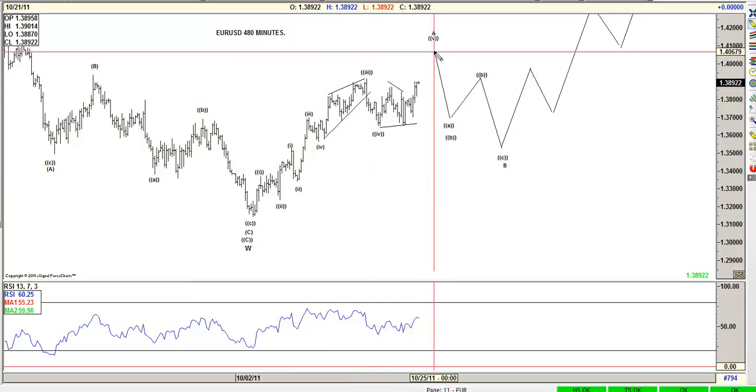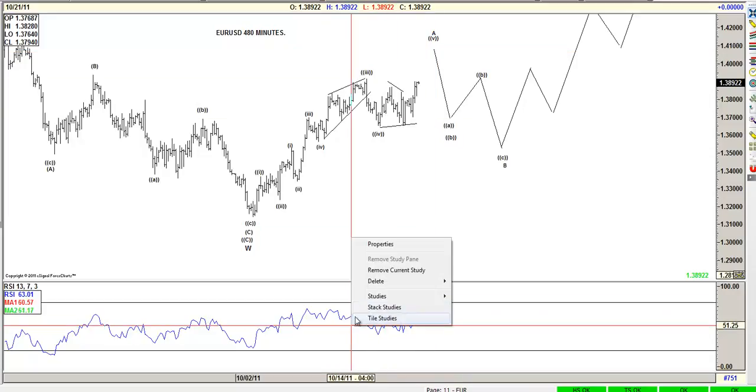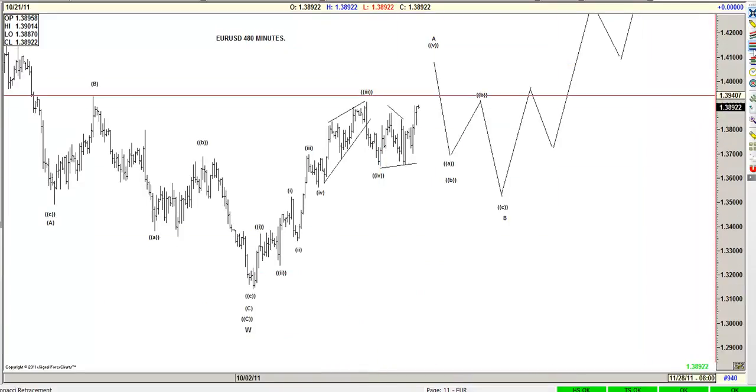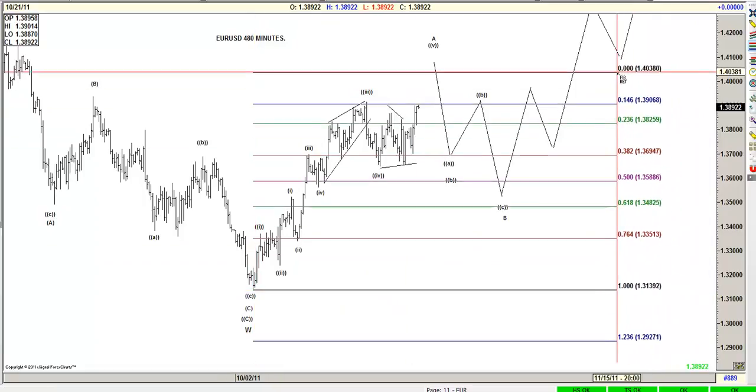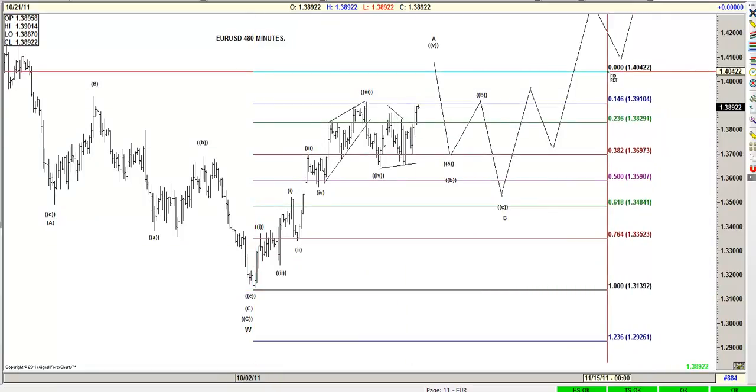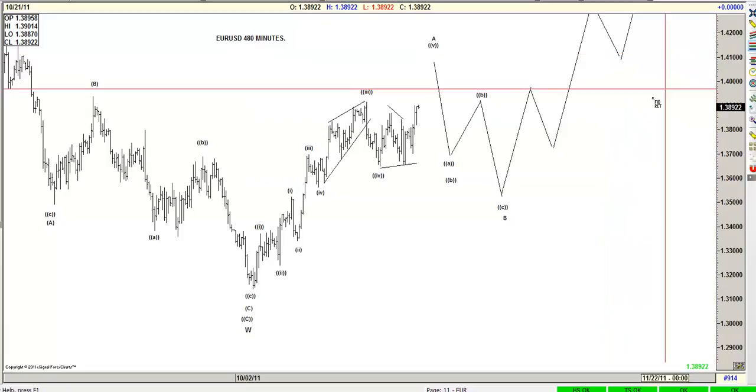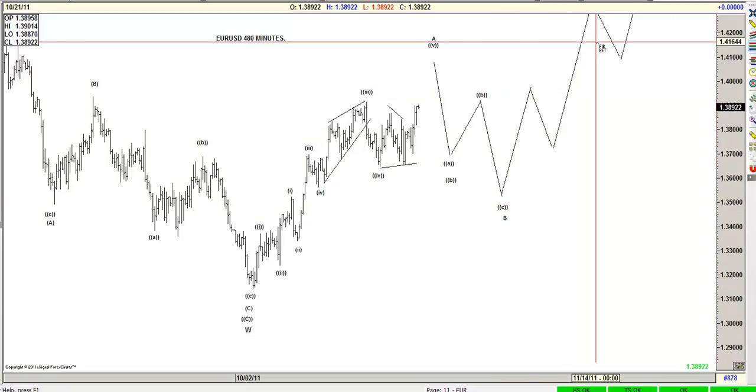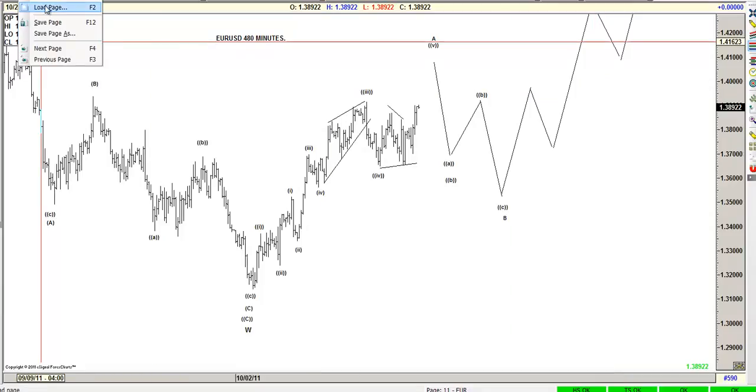Now, what we're expecting this week is a move down to at least 135.90, testing the previous low at 136 or wave 4, or 134 and change. And then from here, the euro should be bought. Very simple right there. Now, if we take a look at the euro in the 1 hour,